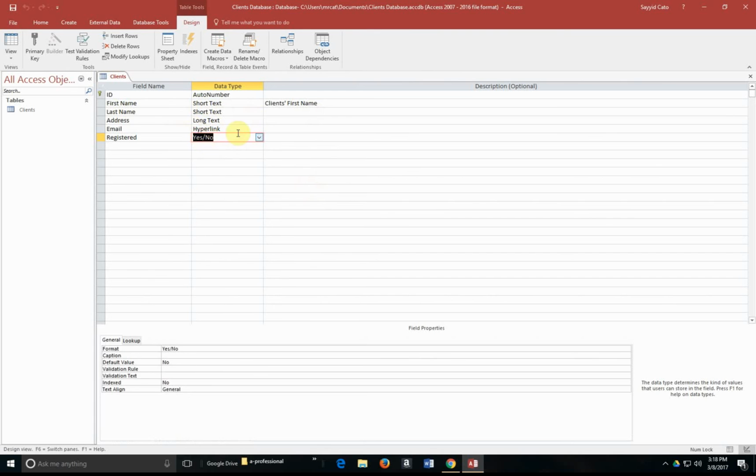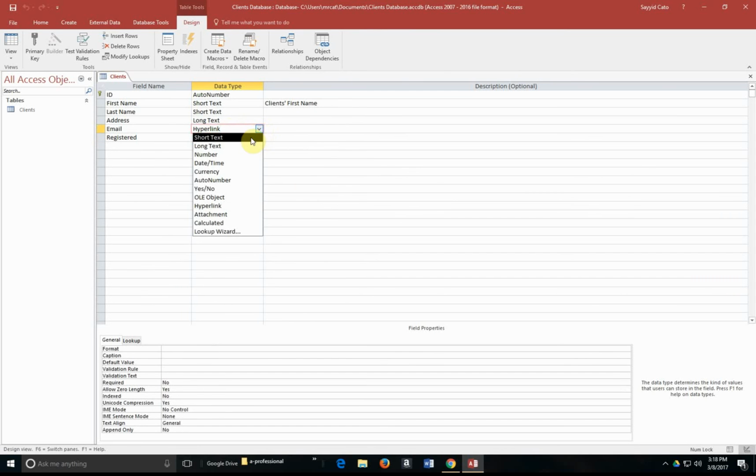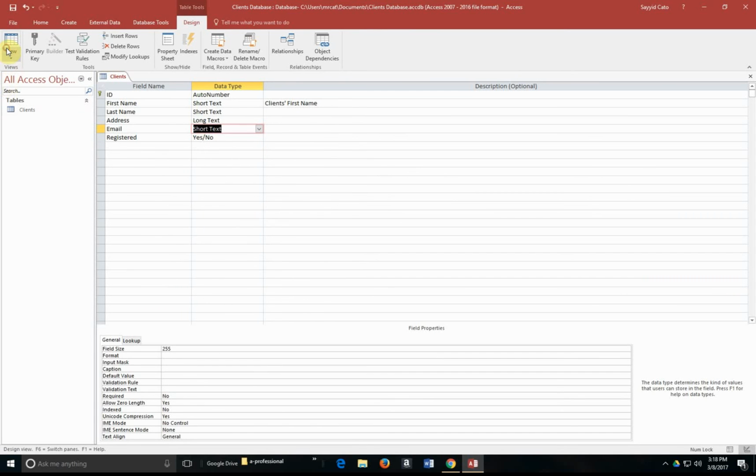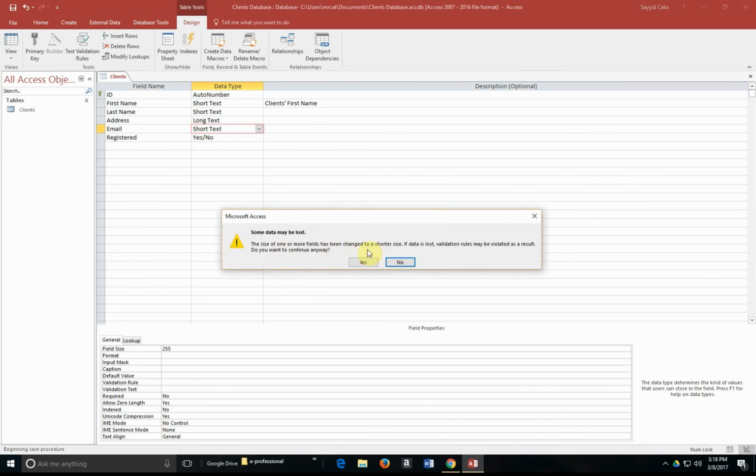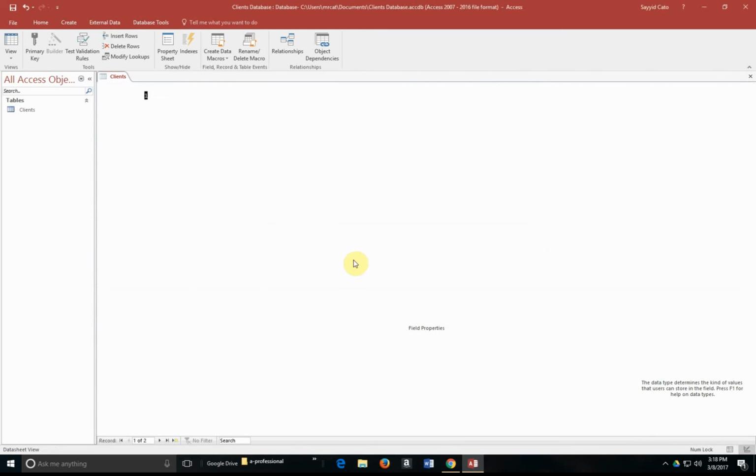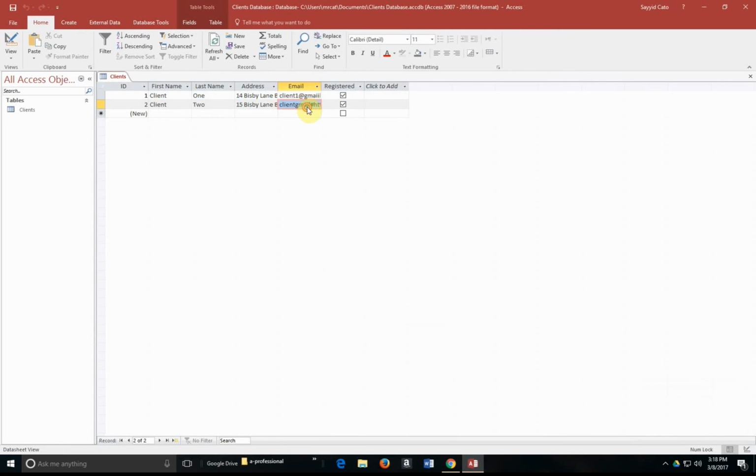when you set the database to include the different data types in here. So I could come back and change this, for example, to a short text. It's going to ask me to save it. The style of the field has actually been changed to a shorter size. If the data is lost, validation rules may be violated as a result. I'm going to say yes, and I'm going to go to my client